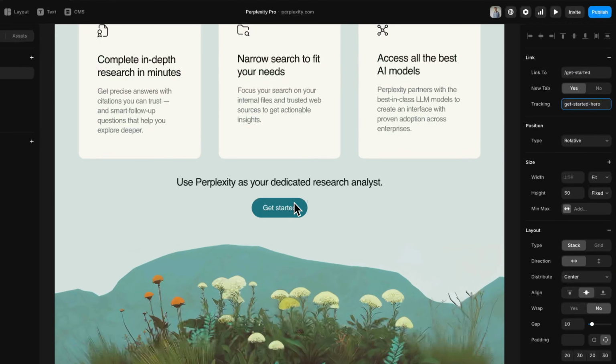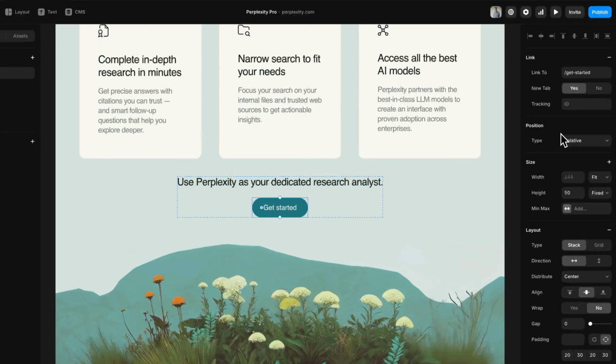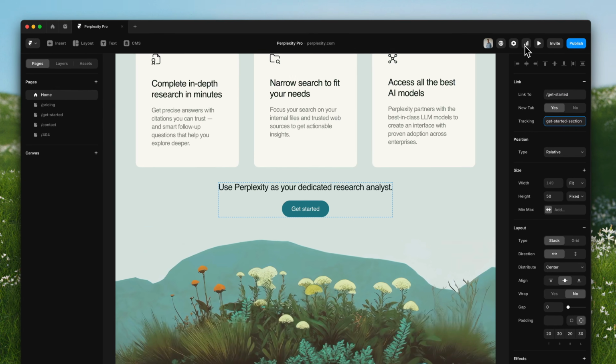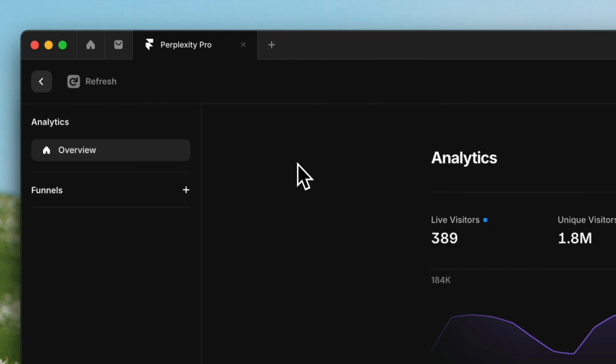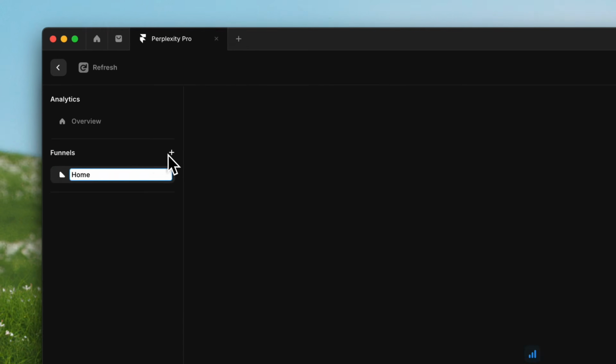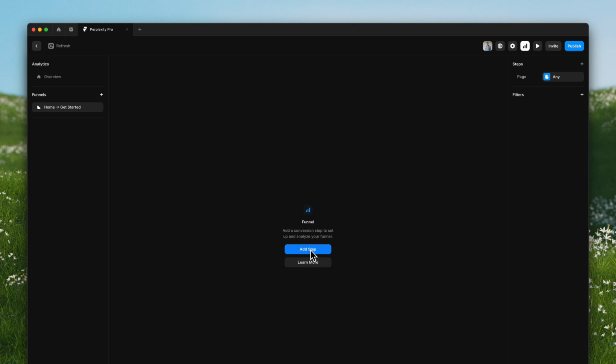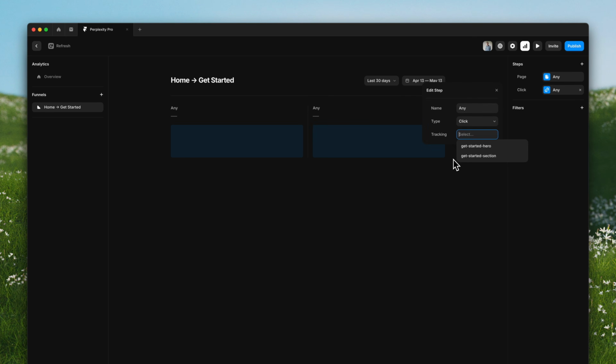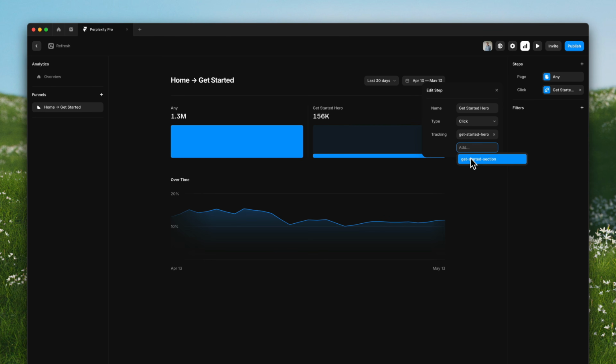Since we have multiple buttons linking to the Get Started page, we'll assign unique IDs to each. Then we'll head over to Analytics and create a new funnel. To track clicks, we simply add the IDs we've already set up. This gives us a clear picture of how our page is performing, which is great because now it's time to